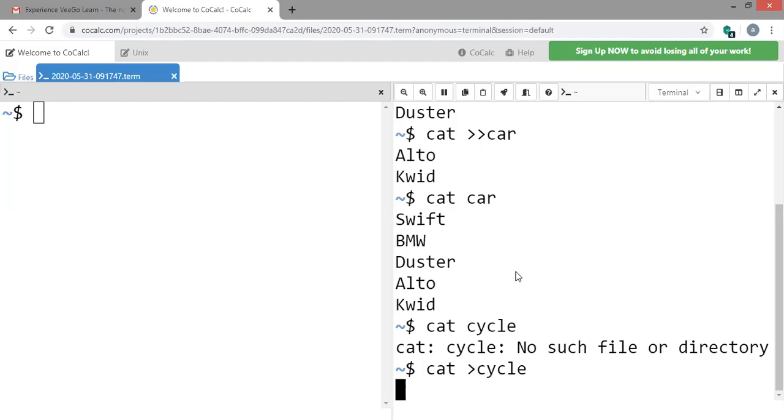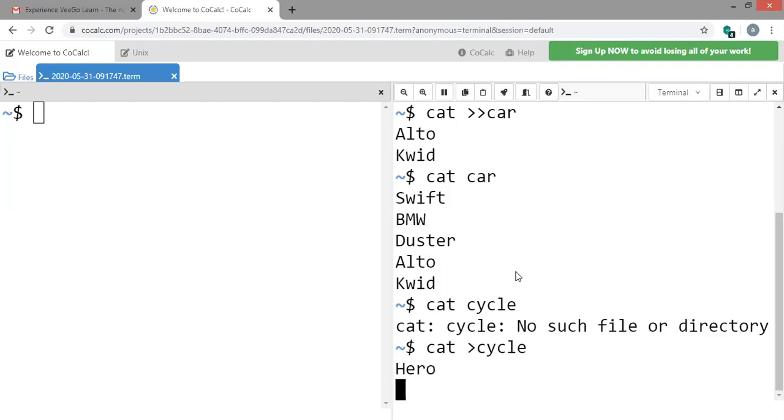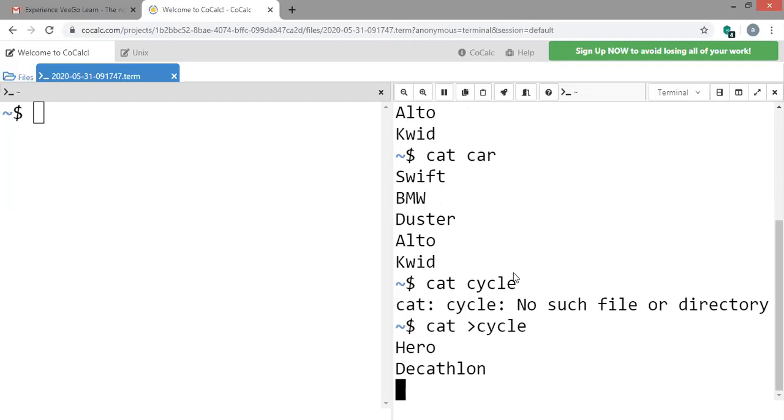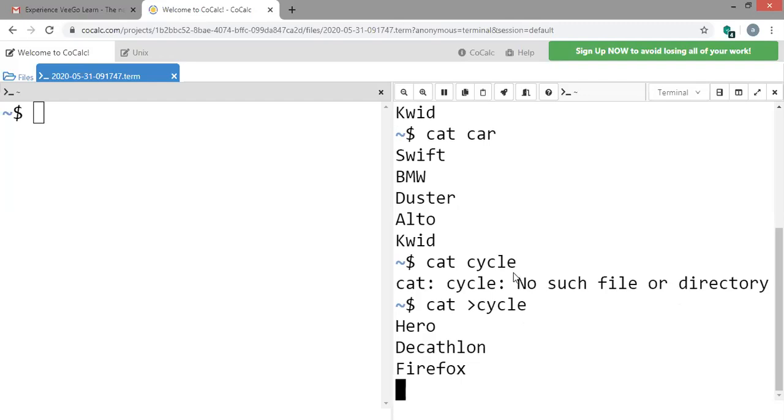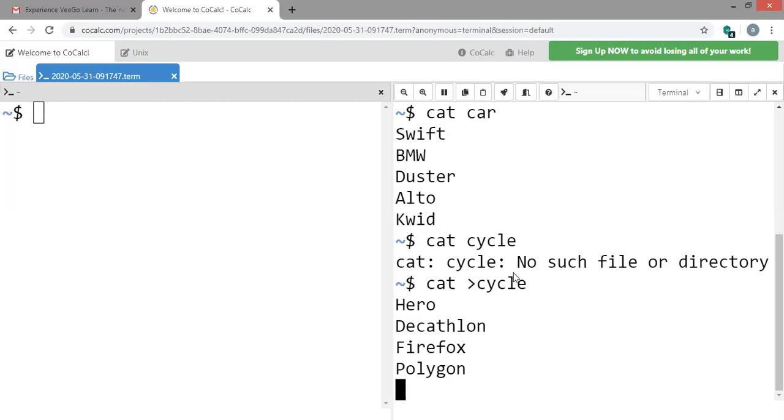Let me add the contents as Hero. These are the companies. Then Decathlon. Then we have Firefox as another company name. Then Polygon. These are the different company names which are associated with the cycle. I'll just press enter and then Control D to save the contents and come out of the file.